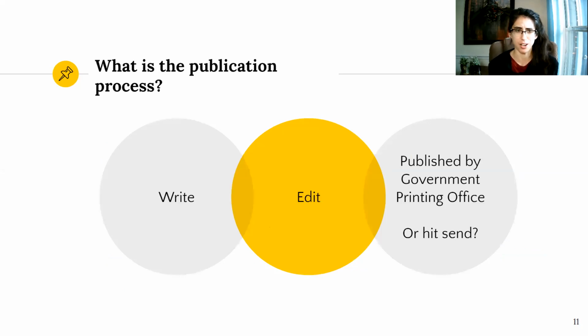So what is the publication process for government information? We've talked already about social media, where there's not much of a process. We've talked about the news, where there's kind of a process, but it's still pretty limited. And we'll learn more about publication processes next in academic journal articles as well as books. With the government, basically you write it, it might go through some editing, and then it's published by the Government Publishing Office, or hit send, or it just goes up online. I'm honestly not entirely sure what the publication process is for government information on websites, which is where we get most of our GovInfo now.